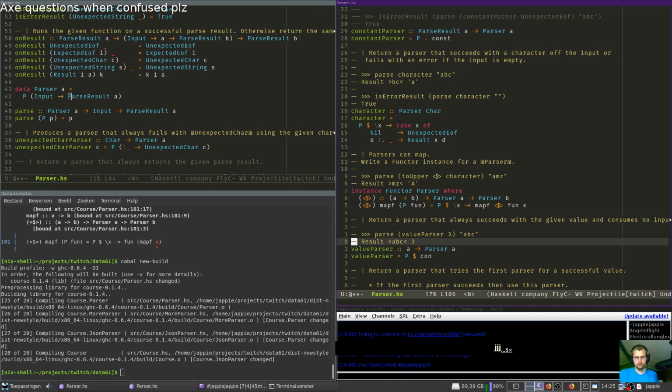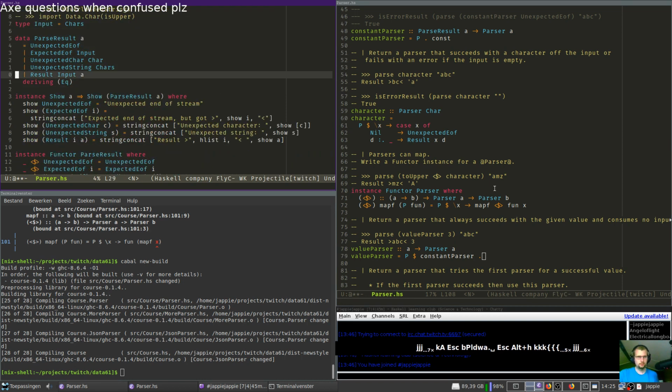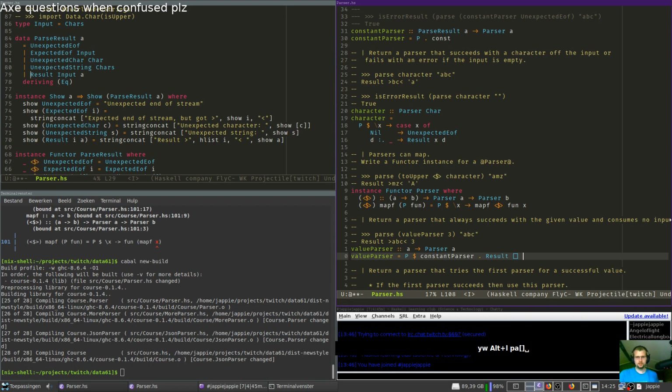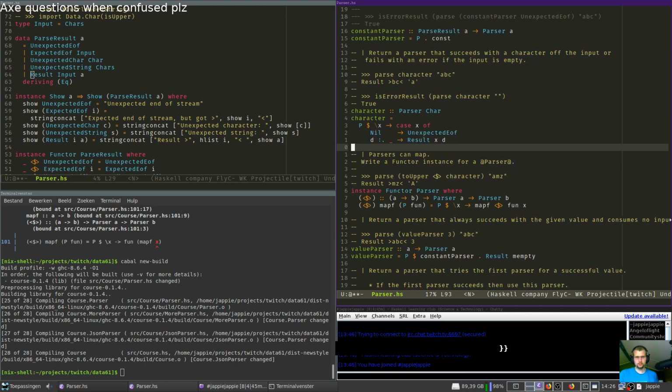The only thing we need to do is constant parser dot result. What's an input then? Oh, that's chars. We don't even know if it's chars. We don't know if it's A. Right, but chars can be an empty list. Ah, I see. We just do this, right, an empty. Constant parser. Does constant parser need to be wrapped inside a... No, it's already a parser. Cool.